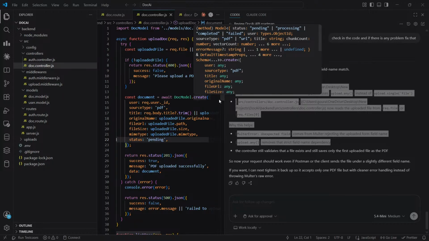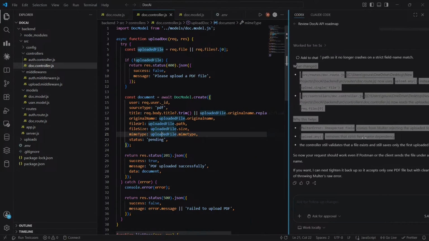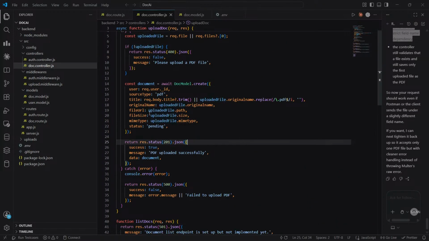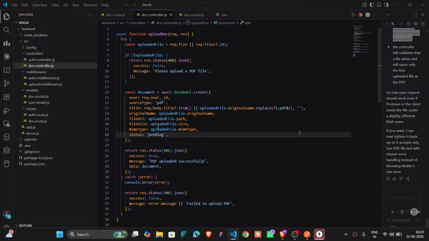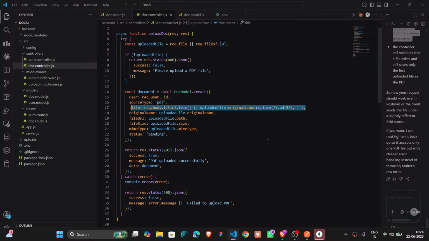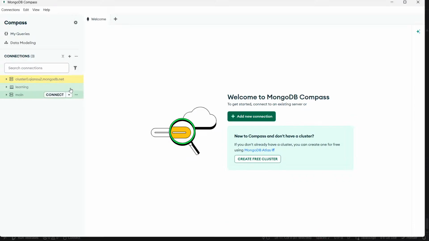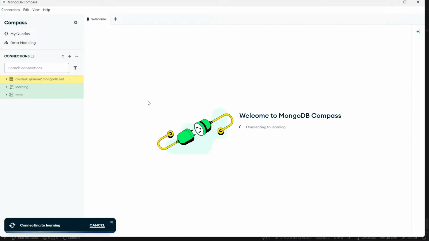Maybe we have written the code wrong, so we see the URL path pending. Okay, this part maybe. Connect.